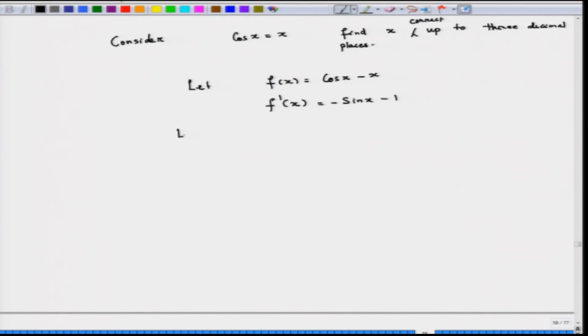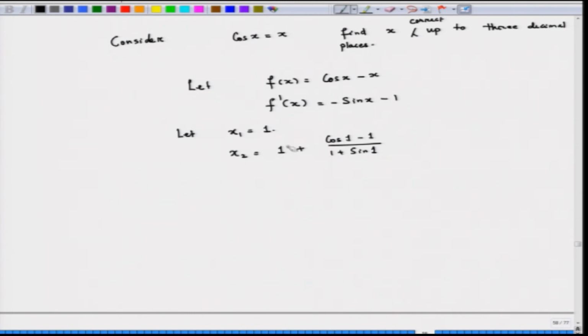Now, let us start with x 1, the first approximation, as 1. Now, x 2 is going to be 1 plus cos 1 minus 1 divided by 1 plus sin 1,